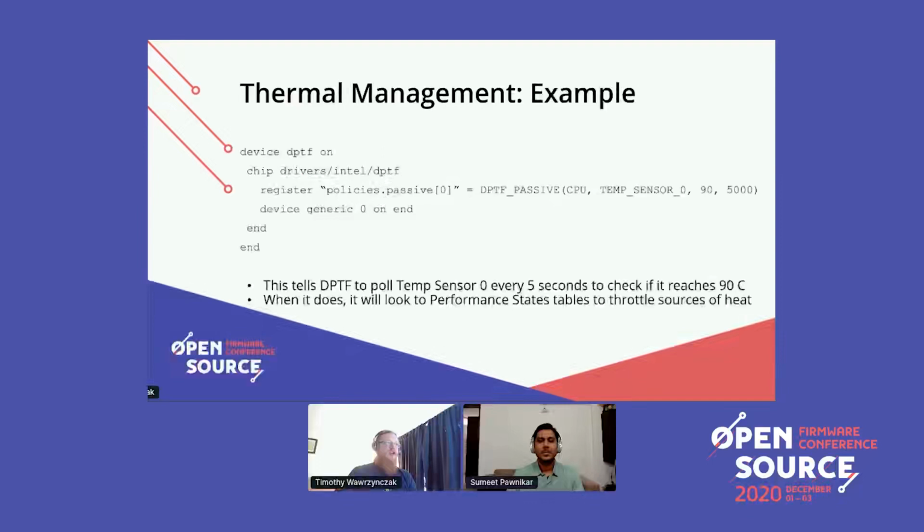This is just a small example of what it looks like in the device tree. We've got the DPTF device itself, which is a PCI device on most Intel SoCs. We're saying here that we've got a chip, which is the way we configure information for a device. This is an example of what a passive policy looks like. As you can see, this is pretty easy to read here. We've got one passive policy